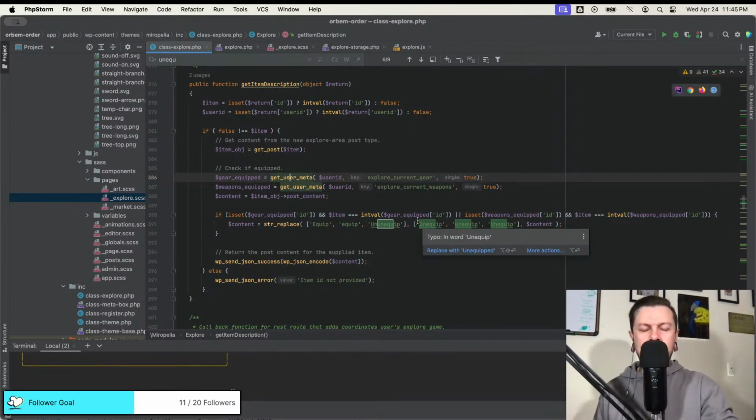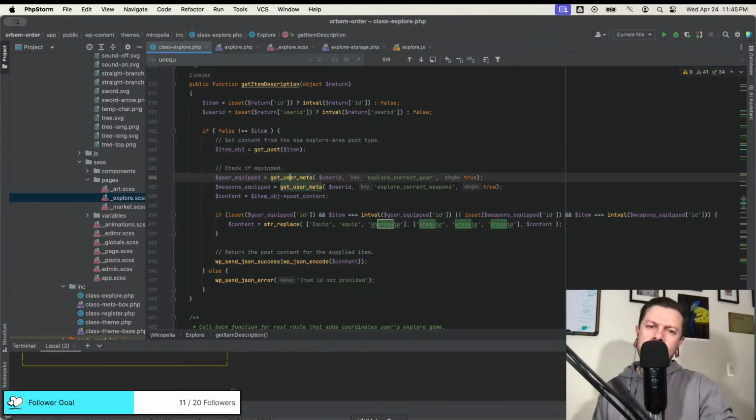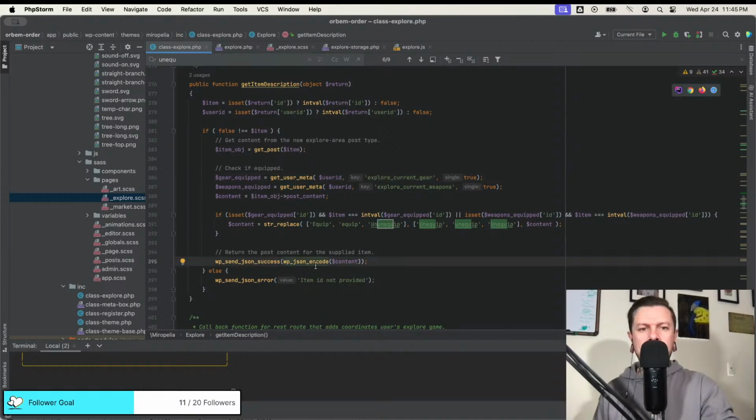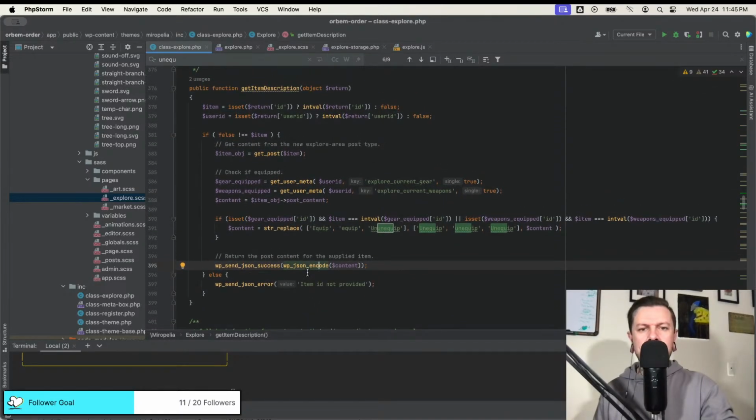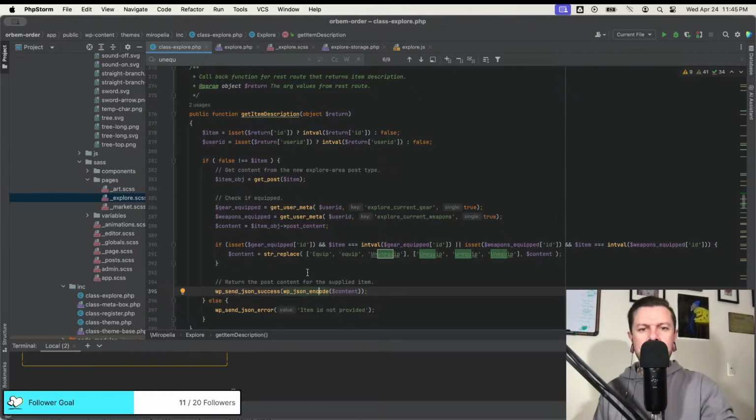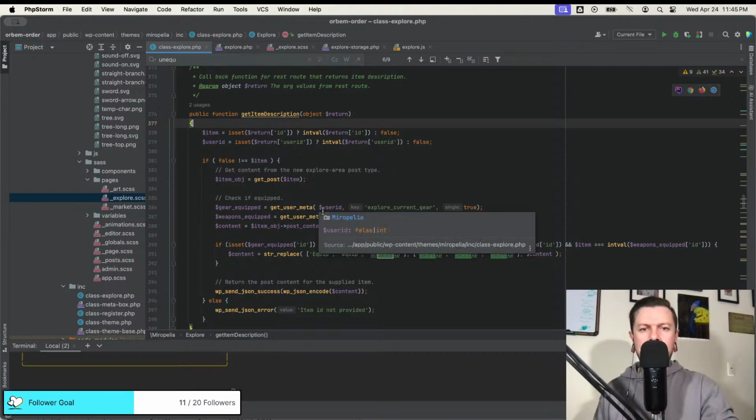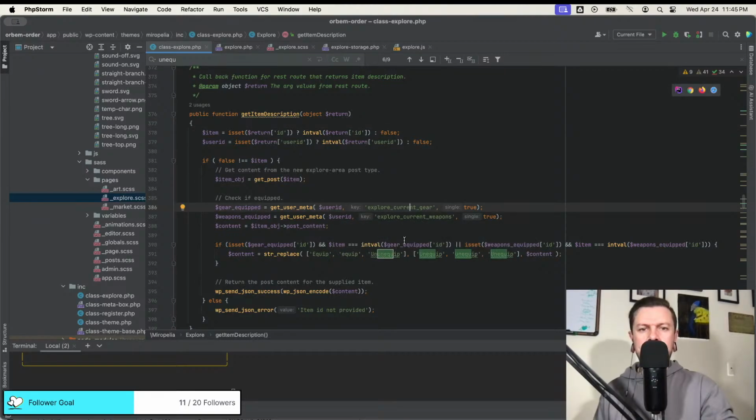So we'll start with the first problem. Right now, just supply the content. So item ID, and then we got the equipped.